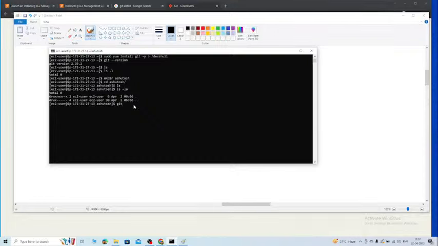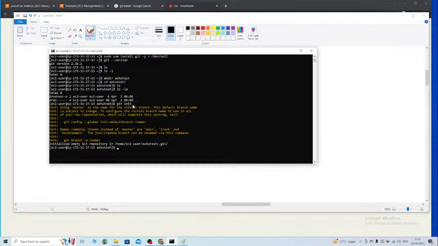So we need to execute the command known as git init, right? This is the command which we need to execute. That means git init, and by using the respective command, this repository is initiated as the local Git repository, right? So basically, we are just initializing this respective repo as a native Git repo over here,